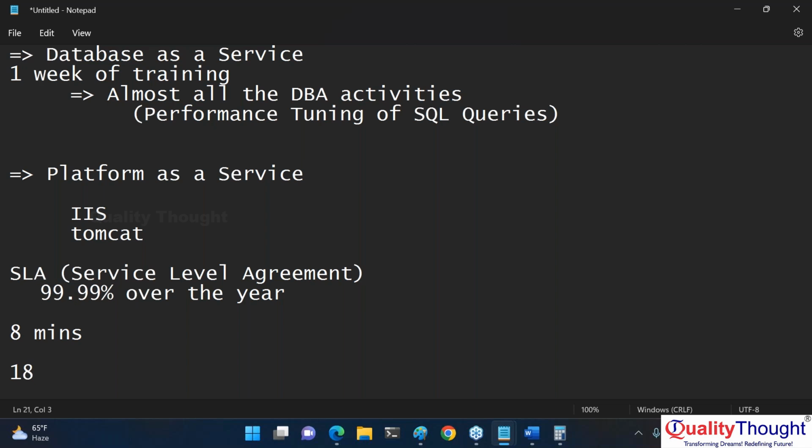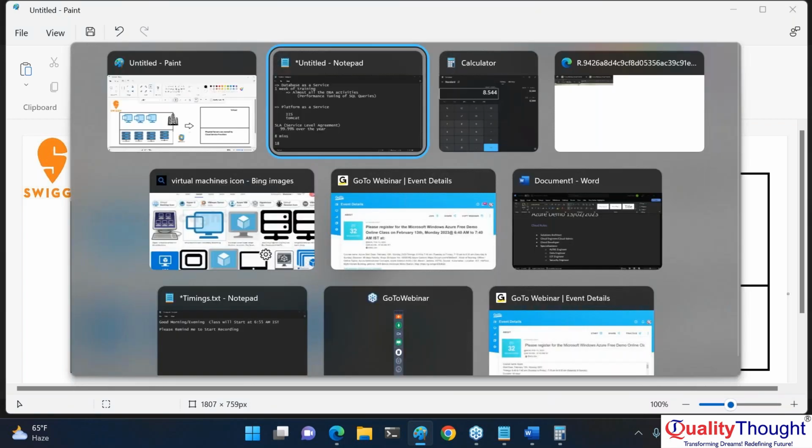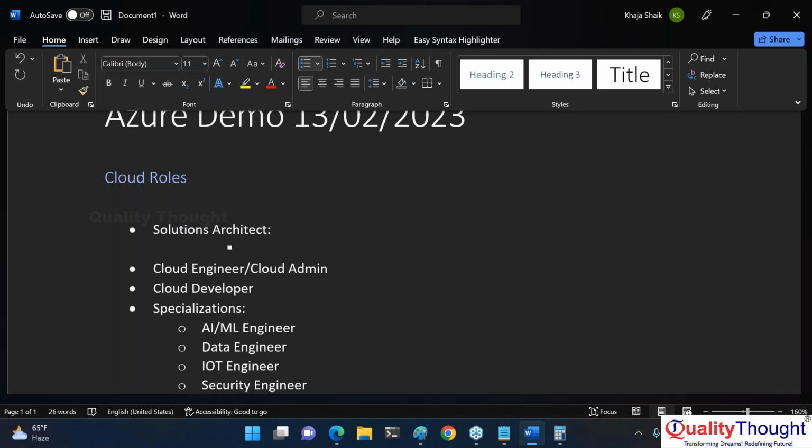So for running the applications, you will have convenient options over here. There will also be costs involved, but the whole point is, how can I move from here to here? You can simply say migration. But the point which we need to understand is, here I am running database in a virtual machine, but I have just now said that there is something called as database as a service. So here we need to take help from a solutions architect.